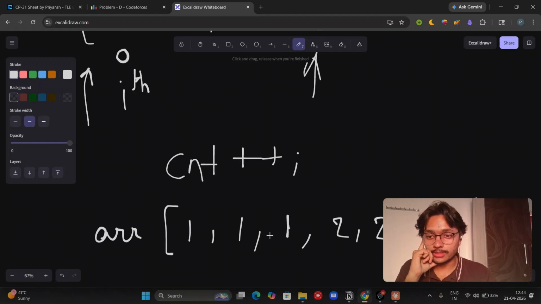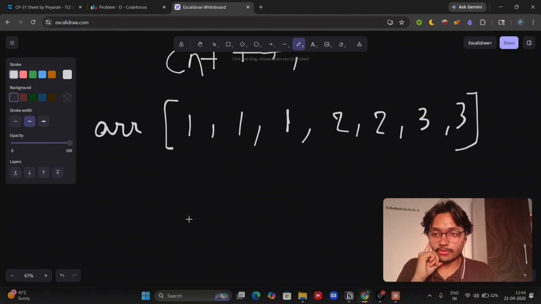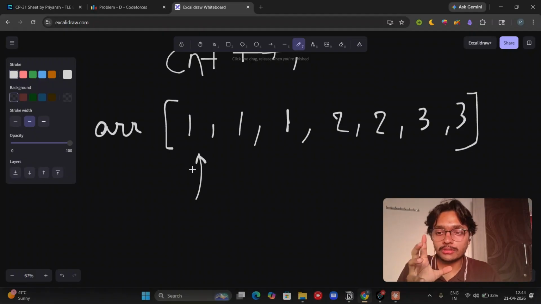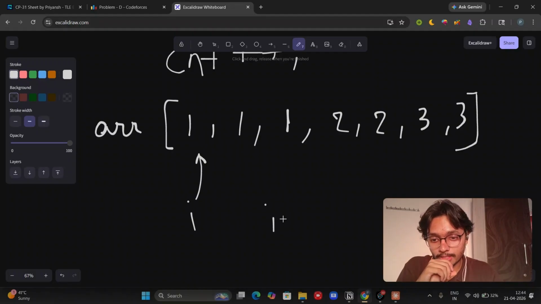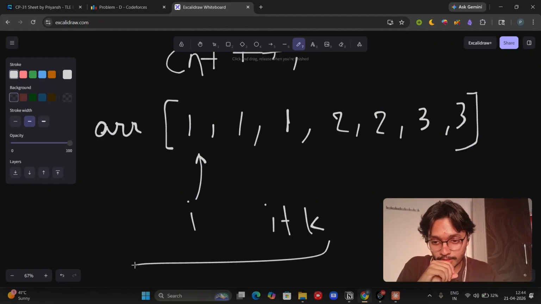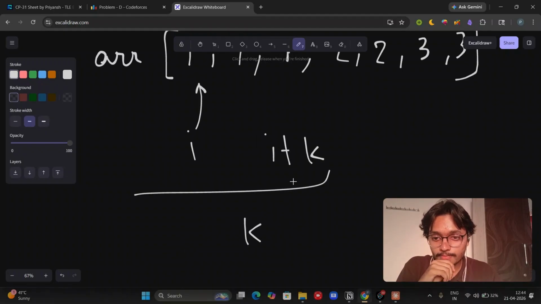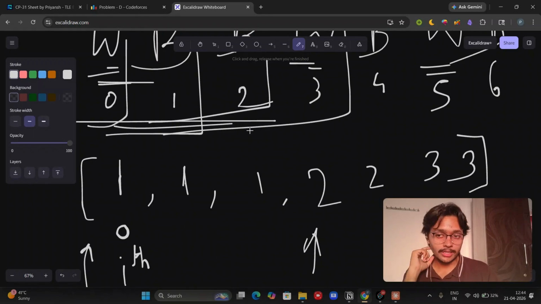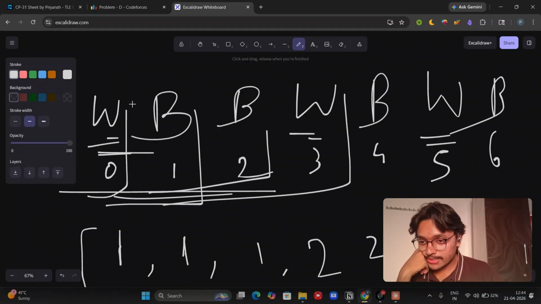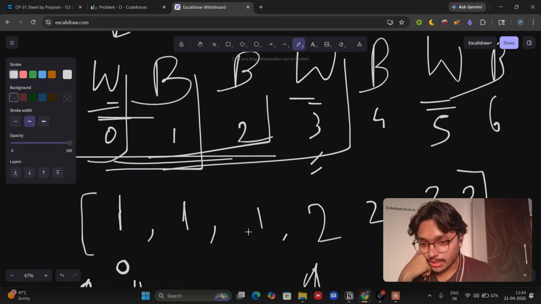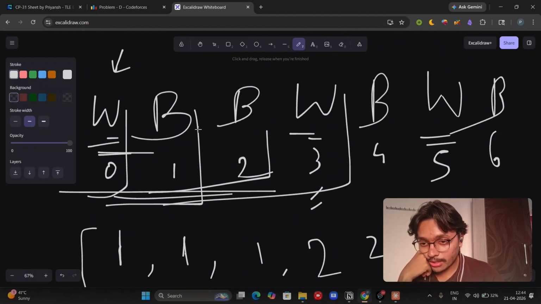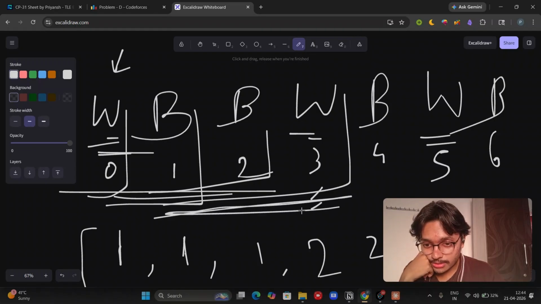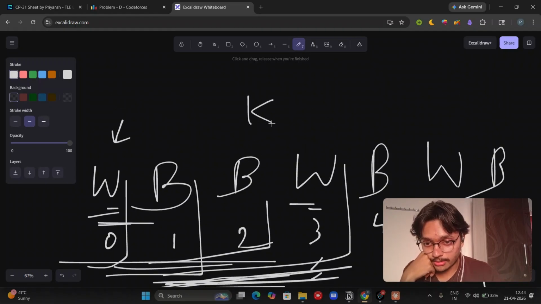Now what we will do is check for each ith element how many W's there are from i to i plus k. So this will be k elements, and we will subtract those. I'll explain it through this example. Here we can see that till the zeroth position there is only one W and till the third position there are two W's. So if I want to get the W's in this subsegment of length k, what will I do is